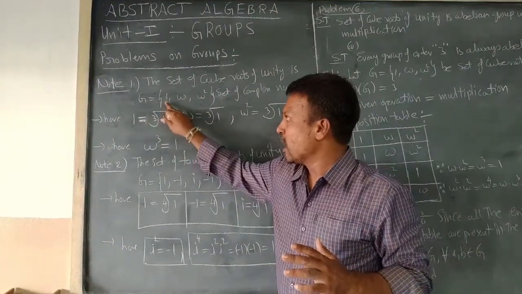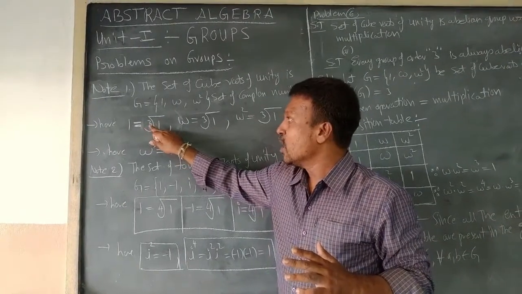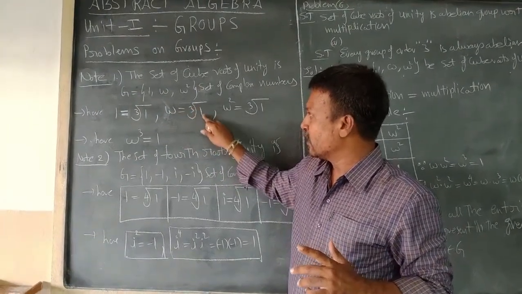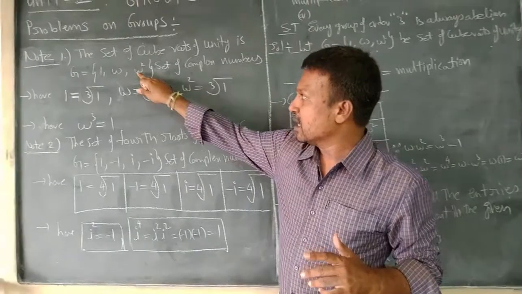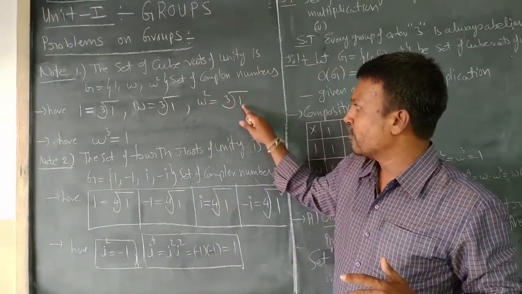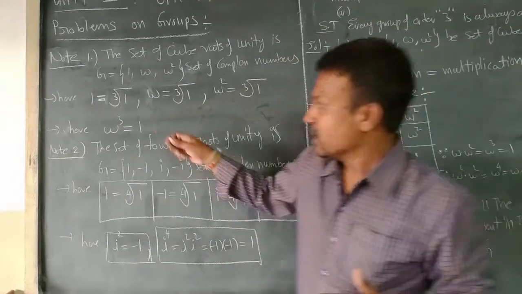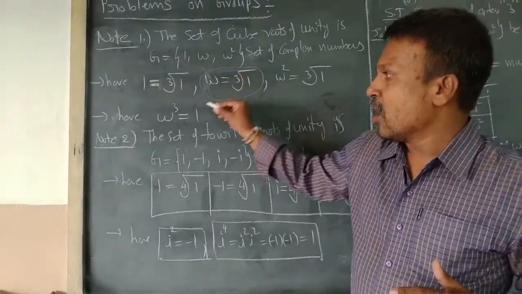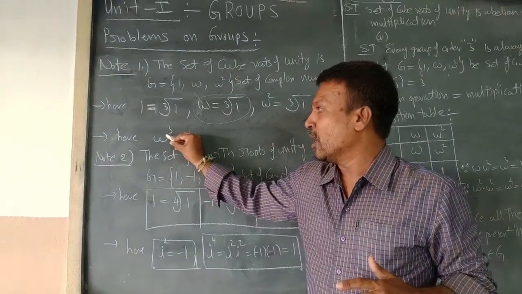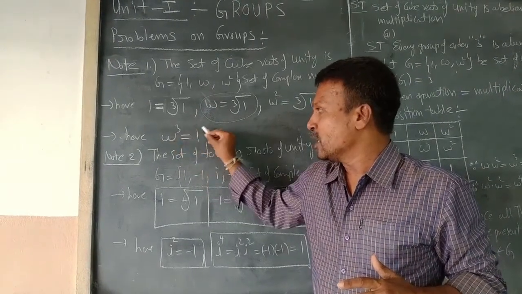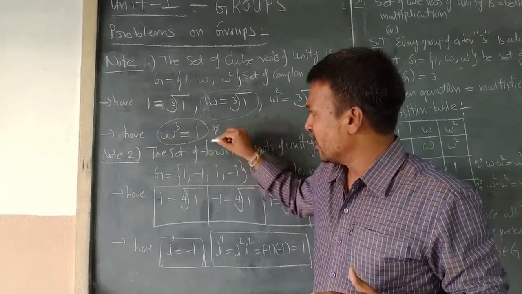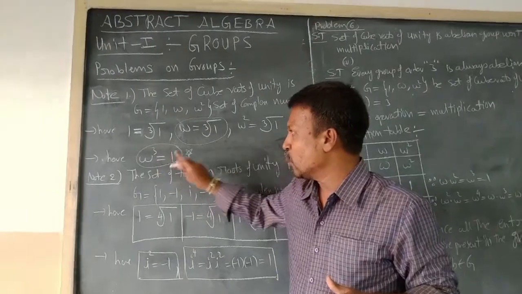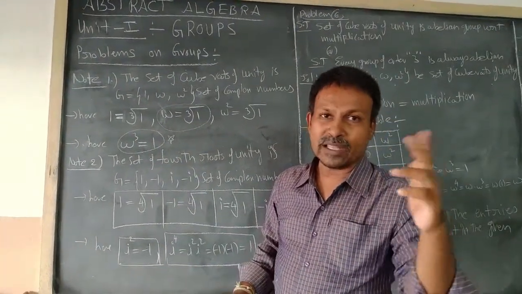Why? Because 1 can be written as cube root of 1, that is cube root of unity. And here the second element omega is also written as cube root of 1, that is cube root of unity. The third element omega square is also written as cube root of 1, that is cube root of unity. That is why if we take the cube, omega is equal to cube root of 1 on both sides, therefore we get omega cube is equal to 1, which is a very important point to be kept in our mind throughout this group theory, right? Omega cube is equal to 1 should be kept in mind very carefully.